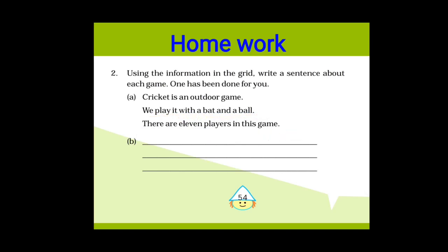तो हमारे उस ग्रिड में क्या था? 3 कॉलम्स थे जो हमने हर गेम के बारे में पूरे किए थे. अब उन 3 कॉलम्स की हेल्प से आप हर एक गेम के बारे में 3-3 सेंटेंसेस लिखेंगे. जैसे यहाँ क्रिकेट के बारे में लिखे हुए हैं, आप फुटबॉल के बारे में लिखेंगे, हॉकी के बारे में 3 सेंटेंस लिखेंगे और टेबल टेनिस के बारे में 3 सेंटेंस लिखेंगे. और उसी इन्फॉर्मेशन को आप यूज़ कर सकते हैं.